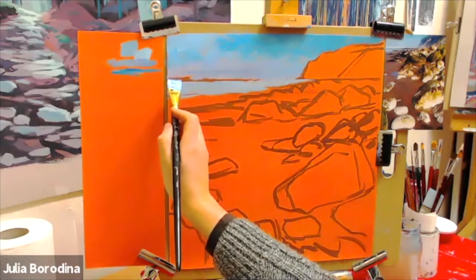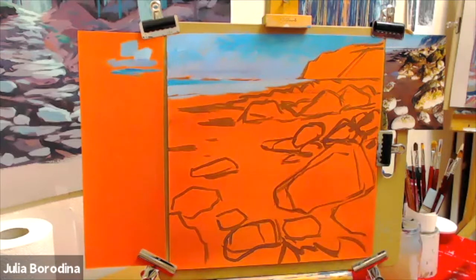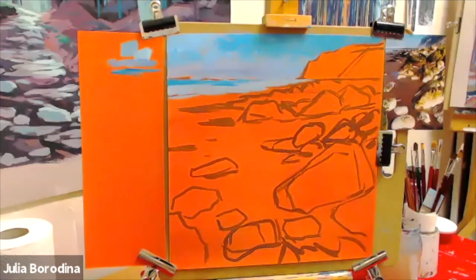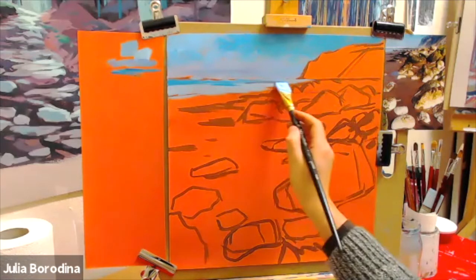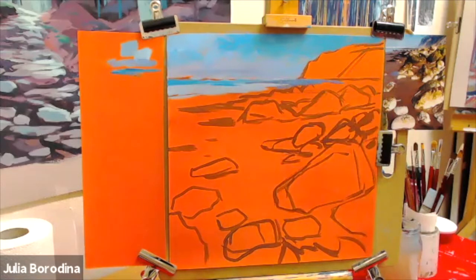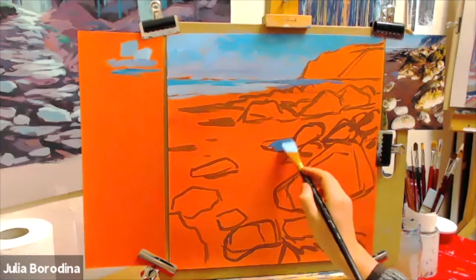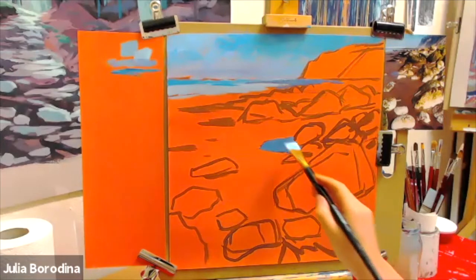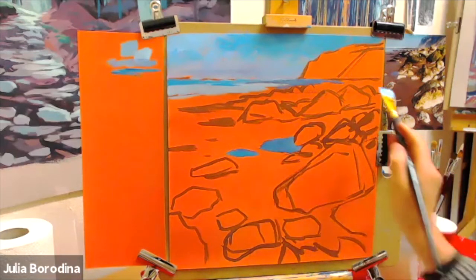There is a depth to the sea here, and maybe it's created by the light under the crashing waves. So I'm just going to have it a little bit darker. And if I add a hint of violet to it again, there are some rocks just protruding from the water. So for now, I'm going to make them as a dark line, combination of violet and blue across. I think I also can put this color for my little water section here. It might look a little bit dark for the moment, but I'll see how it develops. Maybe another one. I fancy another one for now. Just gives it a really good